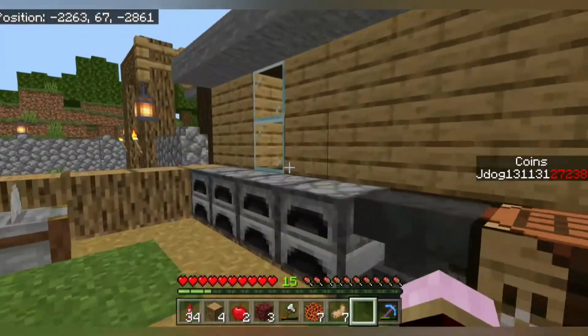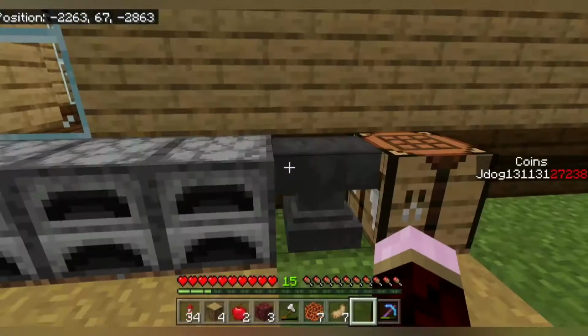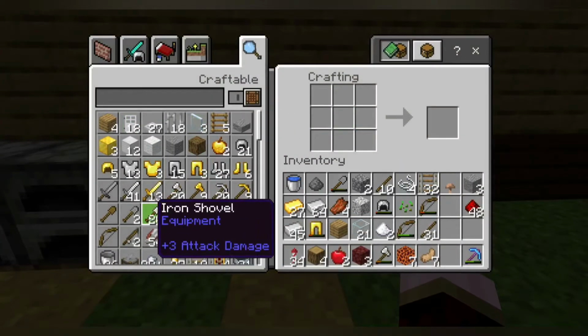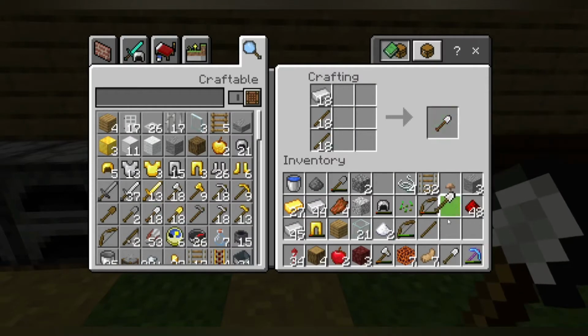So in preparation for this, I've got a ton of iron. I've been mining and mining and mining, and we've got lots of iron, which means lots of shovels, because there's going to be a lot of shovels used here. Yeah, up to 20 iron shovels. Let's take, how many should we? We'll do